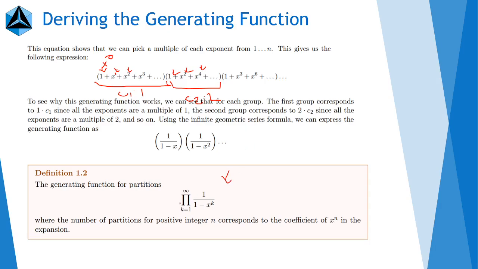If you don't know what this notation means, it's just product notation from k equals 1 to infinity. So k goes from 1 to infinity, which means it's just 1 over 1 minus x, 1 over 1 minus x squared, and so on infinitely. That's just what that notation means. And so,